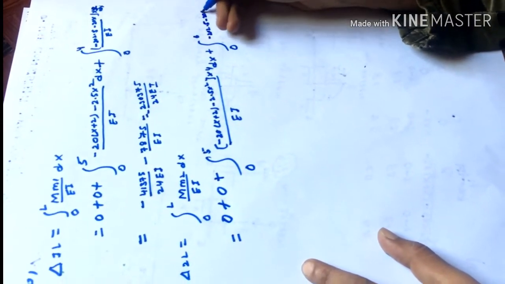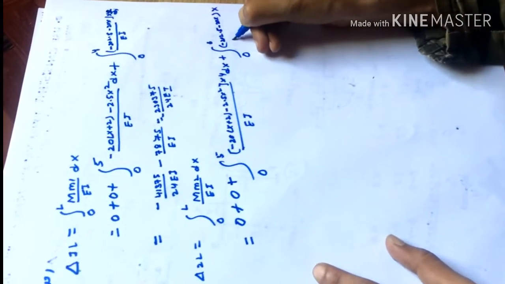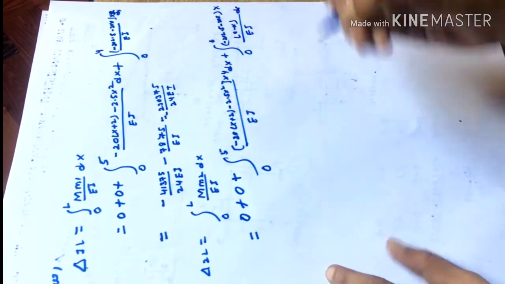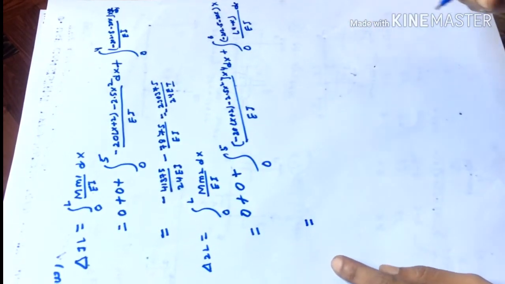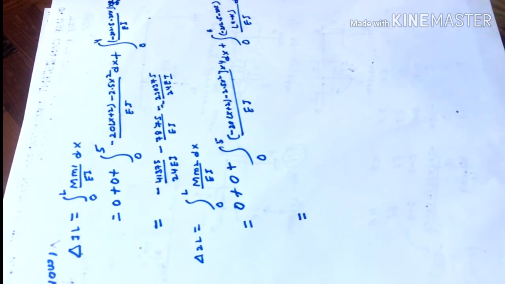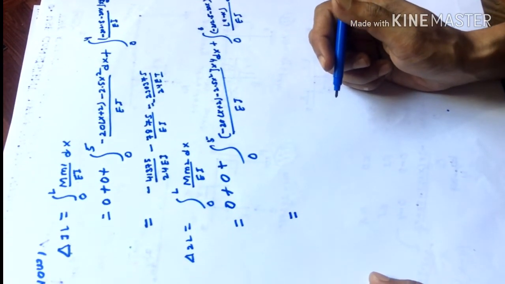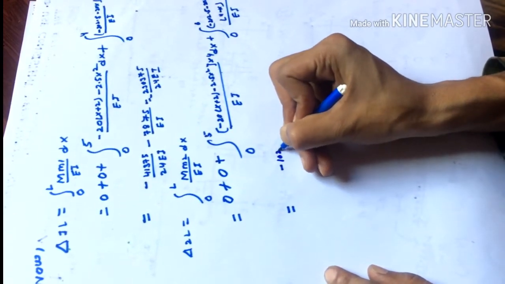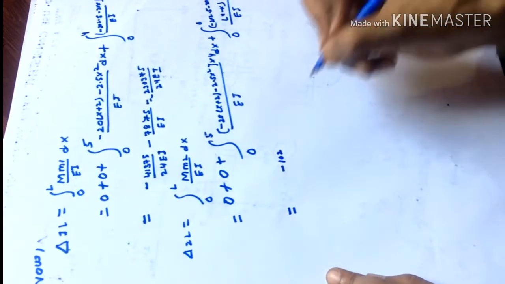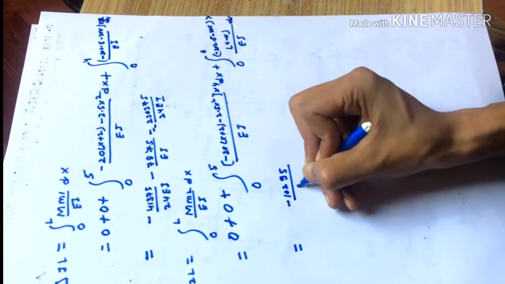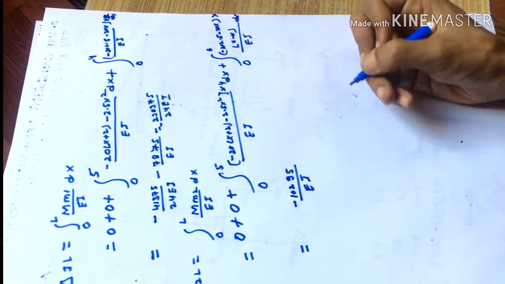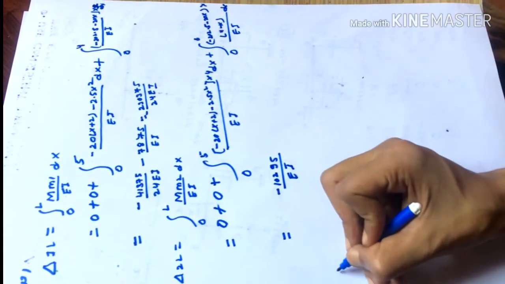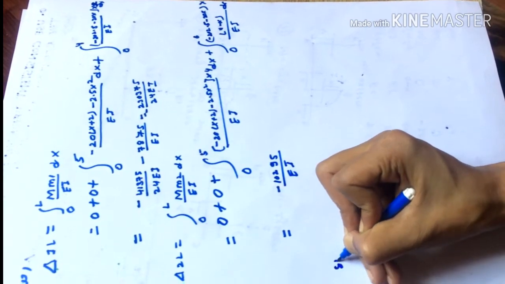minus 202.5 minus 20x is multiplied by 4 minus x divided by EI dx. You can calculate this directly by using calculator. Finally we get minus 10295 divided by EI. Also, to generate flexibility, to use compatibility equation, also we have to calculate del 11.